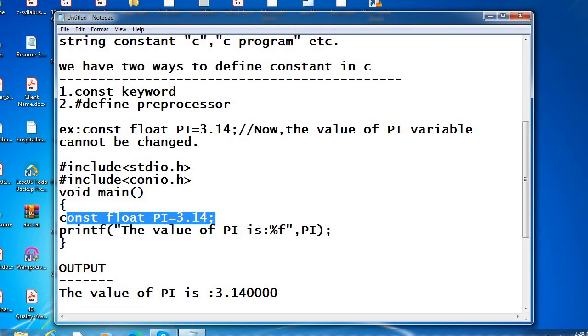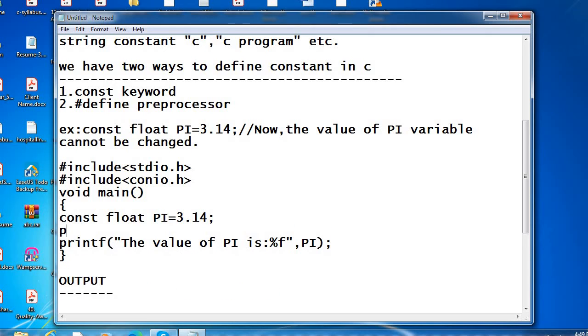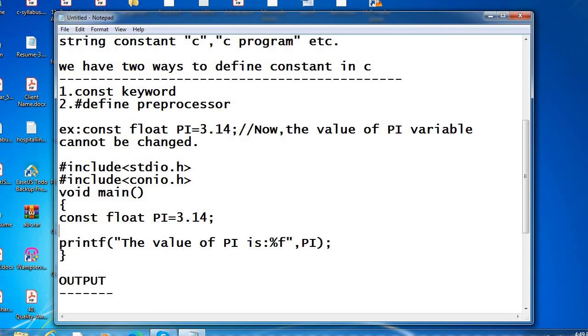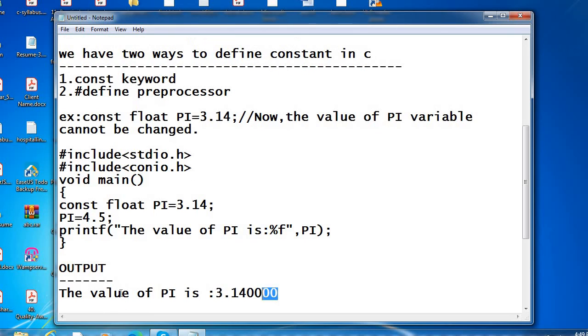Suppose I want to change the value: after defining pi as 3.14, I write pi equal to 4.5. What will happen? If I try to change the value of pi after defining the constant, you will get a compile time error.